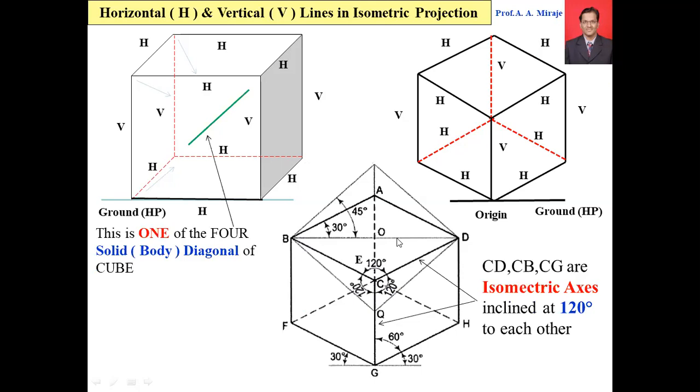Now, as we have seen in the previous slide, G is the point on the ground. So this G point, which is on the ground, is known as the origin here. Now this GH line is here. Don't confuse between the H point and the H line. This H is for the horizontal line, and this H is the corner here, momentarily. So this GH line is from here to here. So this GF line is from here to here.